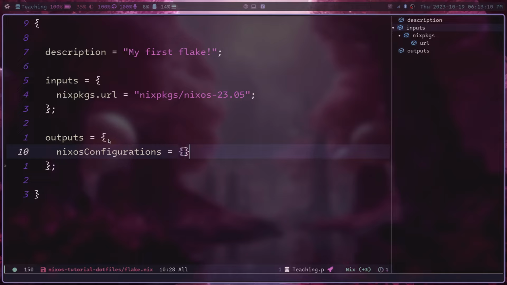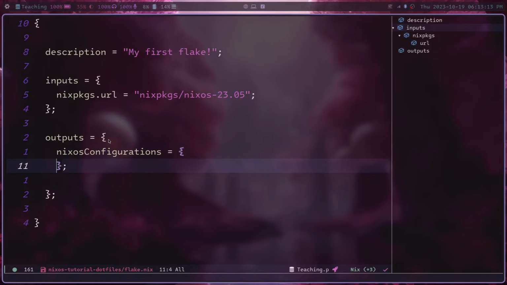Now we have to write some stuff for that as well. As you'll notice here, this says nixosConfigurations, not nixosConfiguration. So we can actually specify multiple configurations here, but we're only going to specify one to start out, and that will be the actual configuration for the current system. To start this, you give it a name, and usually people use their host name for this, but you can give it whatever name you want, and this is going to be equal to